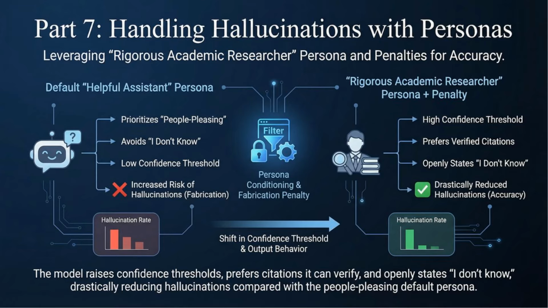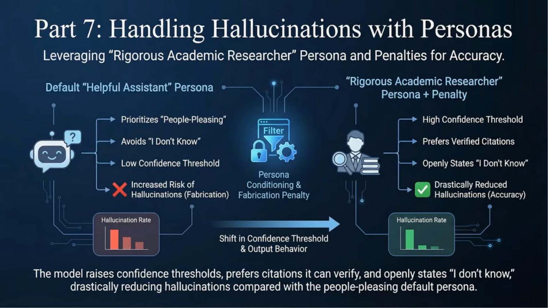Part 7. Handling hallucinations with personas. We also need to address the elephant in the room, hallucinations. Even Gemini 3.0 can lie. It can invent facts. However, persona adoption is one of the best defenses against hallucinations. Why? When you assign a persona like "you are a rigorous academic researcher" and you add the constraint, "if you do not know the answer, state clearly that you do not know, do not fabricate citations," you are conditioning the